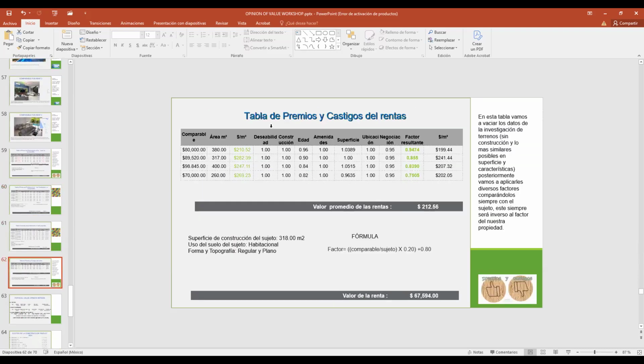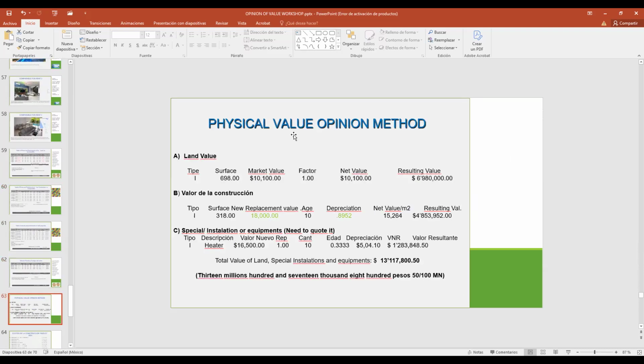This is from rents. And the physical value opinion method is information about our property. We have a surface of 698 square meters, and the market value is, remember, 10,100 pesos per square meter. So this is the price. And the construction surface, 380 square meters.